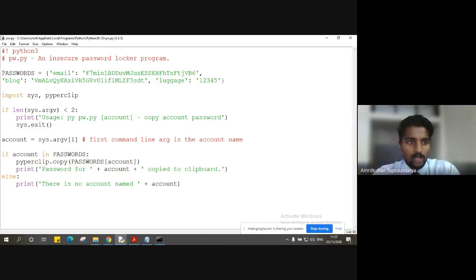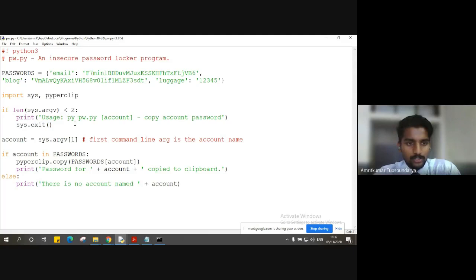Once I have my dictionary ready, I'm going to make my command line argument ready by importing sys, and at the same time I'm going to import pyperclip for copying and pasting my passwords. Before getting into the execution, we are going to check whether the number of arguments is proper.